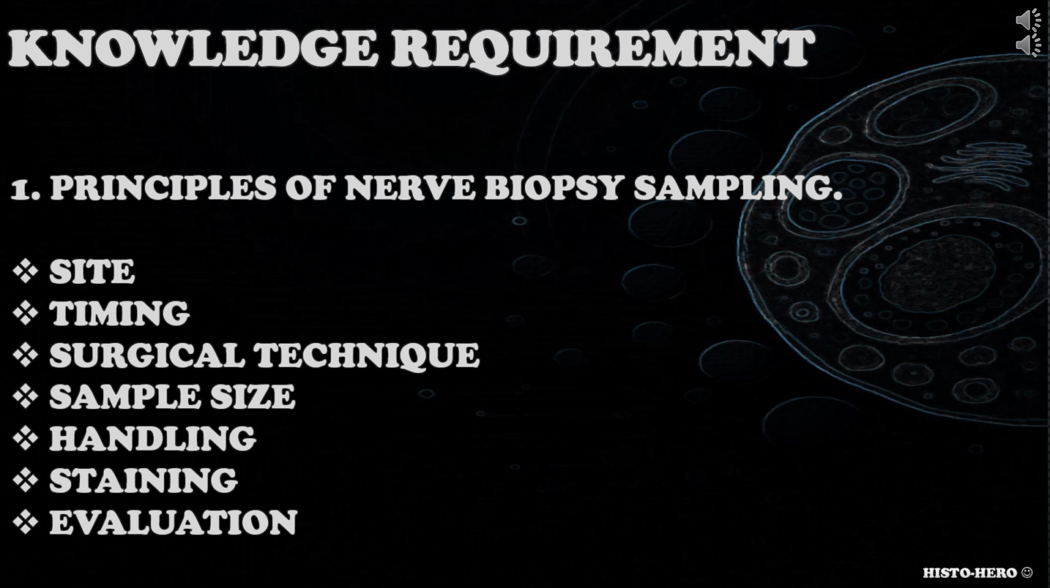The first knowledge requirement is principles of nerve biopsy sampling. What is the principle of nerve biopsy sampling? Candidate needs to have the knowledge and understanding about principles of nerve biopsies. You could ask the candidate to explain how and why nerve samples are obtained and sent to histology, to list anatomical sites where biopsies can be taken, to explain surgical techniques used during nerve biopsy sampling, to explain how nerve